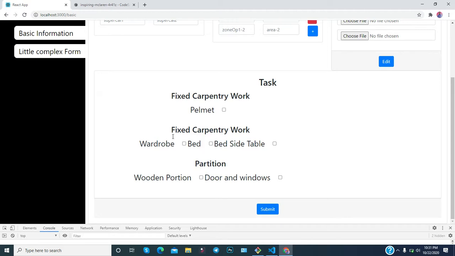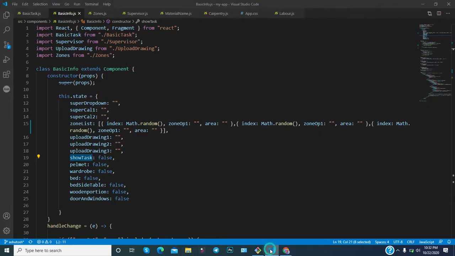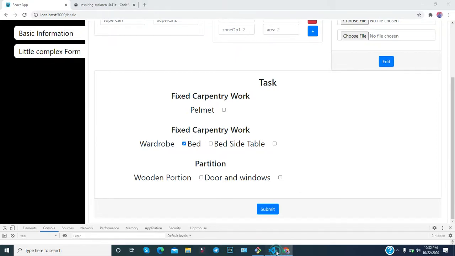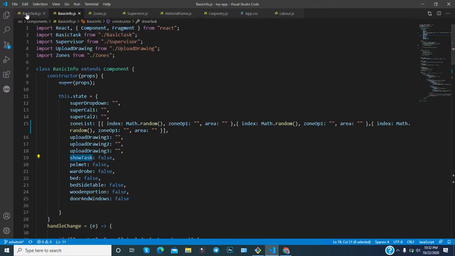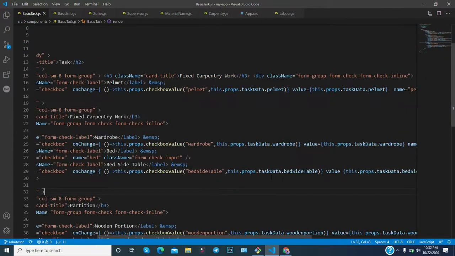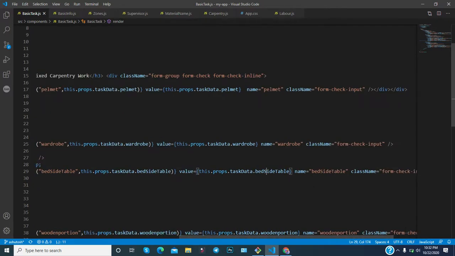So now for each of these checkboxes, based on the click event, you are setting the value. It's a good thing. But what is the problem? As you can notice here in the basic task, in the value we have set this dot props, which means the latest value will always be available.